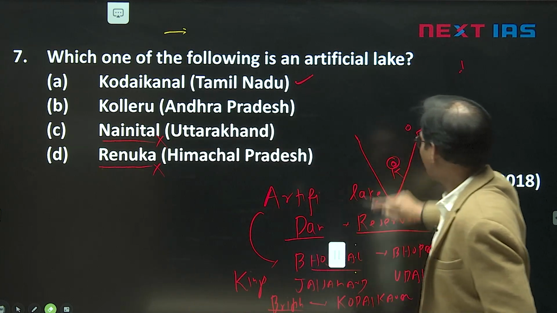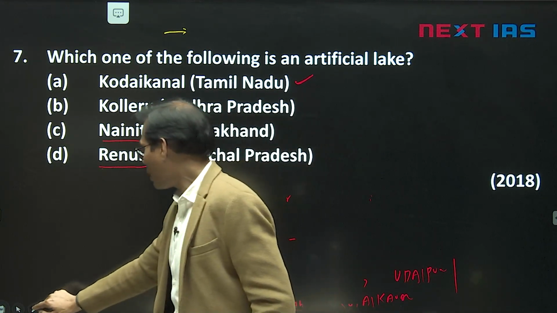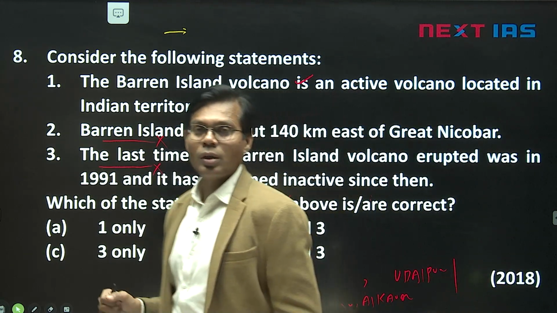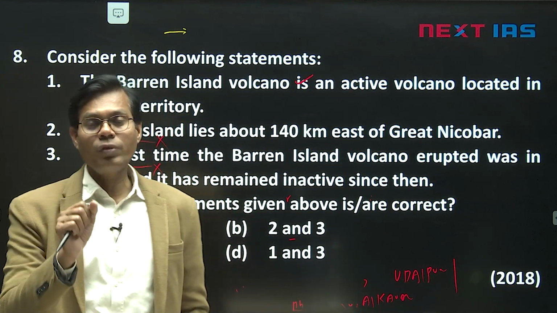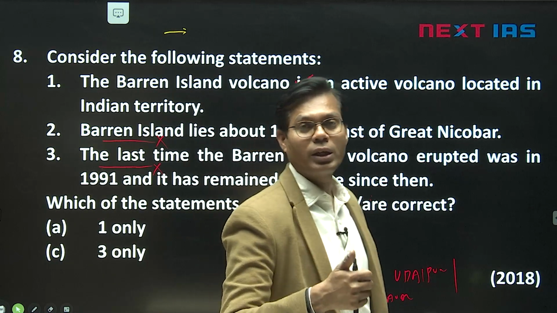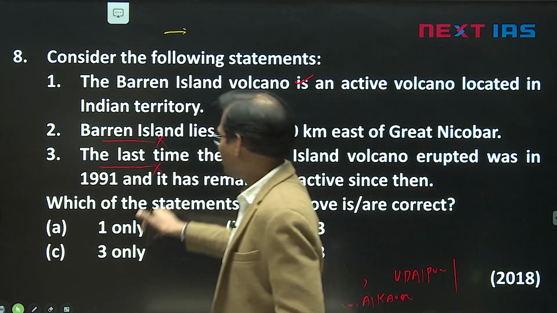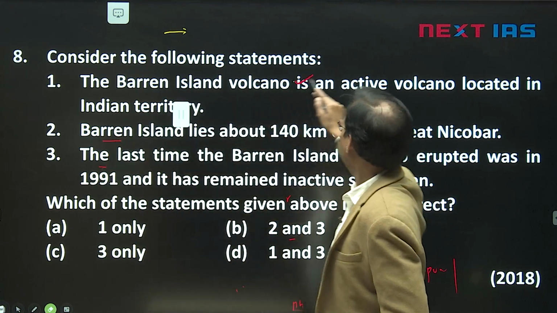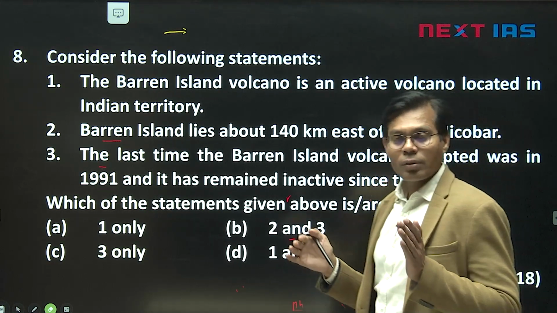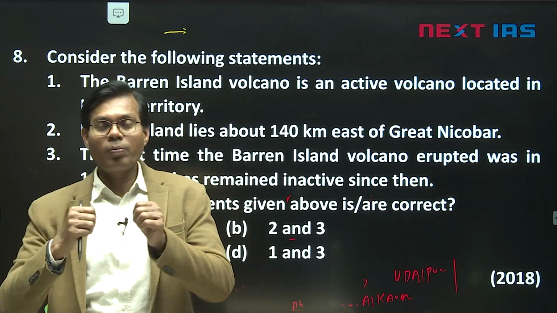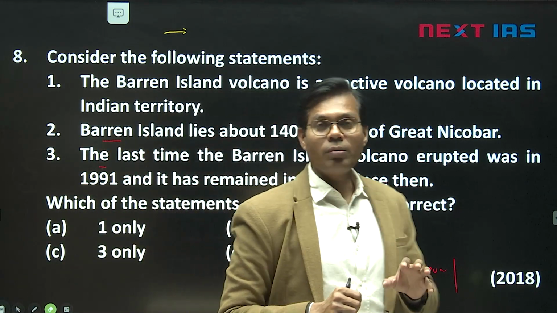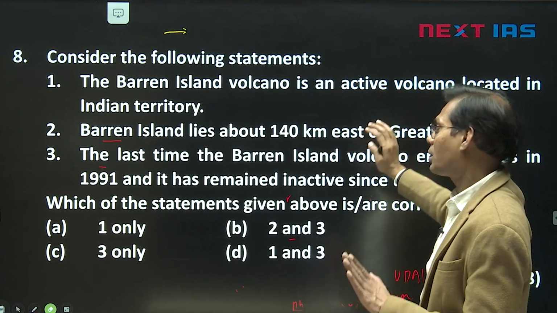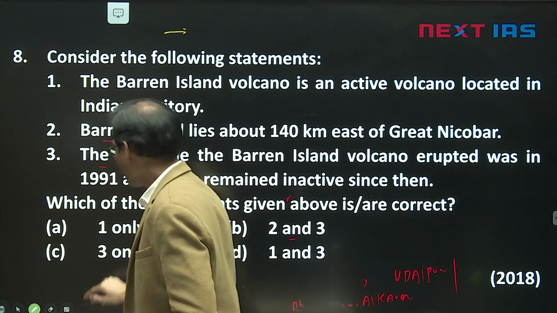And other than this portion, if we check the next part here: consider the following statements regarding the Indian islands. So in physiographic aspects, islands are also there, and one famous island, a volcanic island, we all know, the only active volcano of India, Barren. No other area in India right now has a volcanic eruption except the Andaman and Nicobar, where the Indian plate and the Myanmar or Burmese plate interact. And this famous island, the Barren Island. The Barren Island volcano is an active volcano located in Indian territory. This is a very famous statement, the only active volcano. Okay, correct.